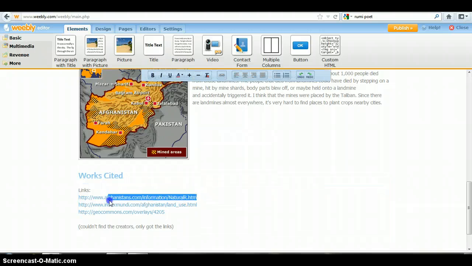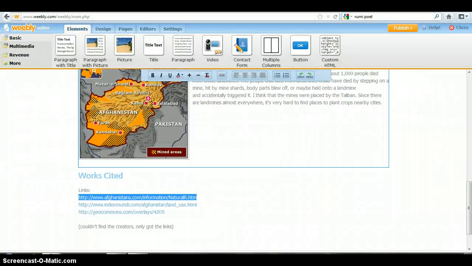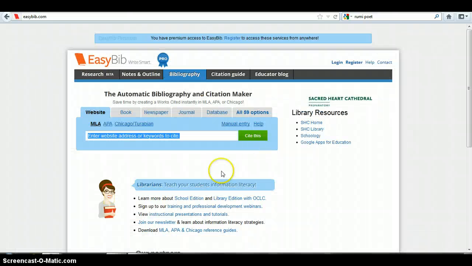What you need to do is get that URL, copy that URL, and go to easybib.com. So, easybib.com. I know I'm going really fast, but this is why it's useful to keep the video up so you can refer back to it. Once you get to this website, if you're using a website, copy and paste that in there, cite it,